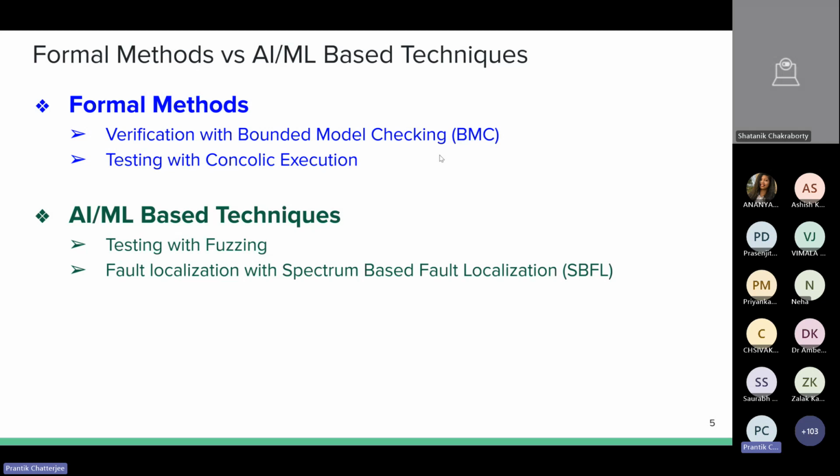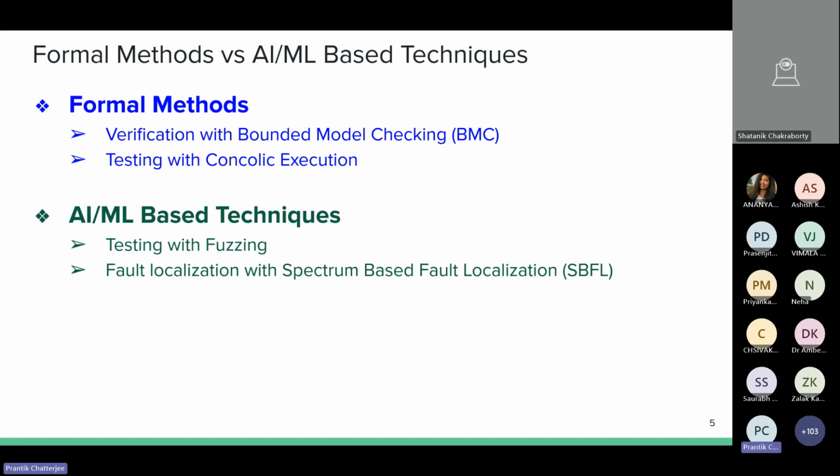So in bounded model checking, essentially, given a program, you will try to convert it to a bounded logical formula. So bounded means your program can have these recursive calls and loops, right? Now, while doing this bounded model checking, you assume that your program can only call certain recursive procedures onto a user-defined depth of D. And loops can also be unrolled onto a certain user-defined depth of D. So that becomes your bounded model checking problem, which is much easier than the unbounded model checking, where you can assume that recursive procedures or loops can go up to any depth.